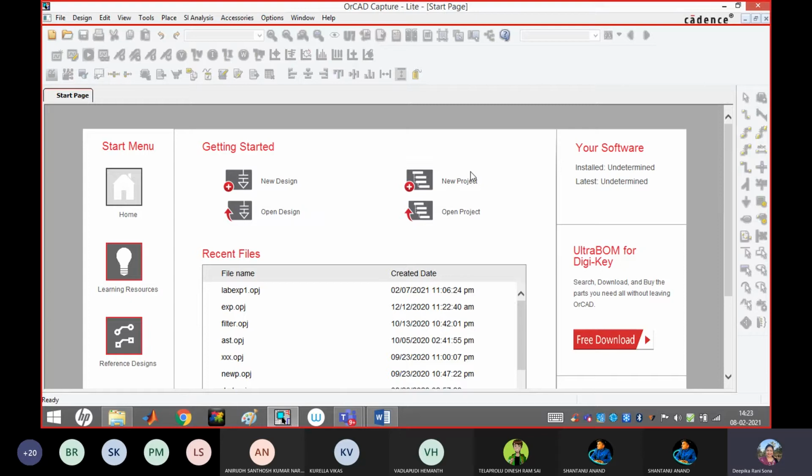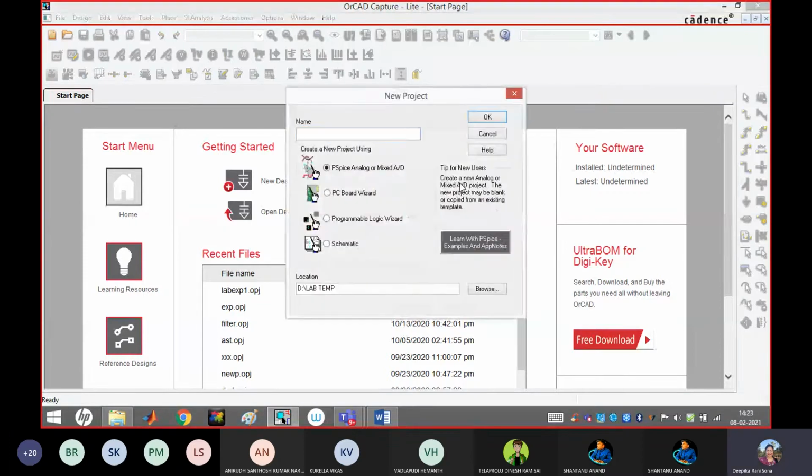Guys, then click New Project. This screen is appearing. Click New Project, not New Design. Remember this. You have to click New Project, and in this project you have to give one name.